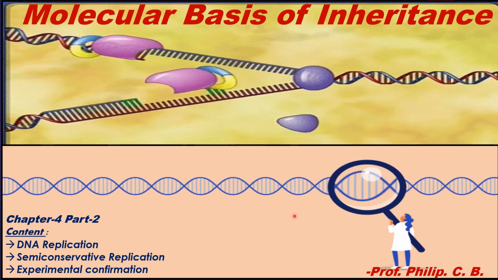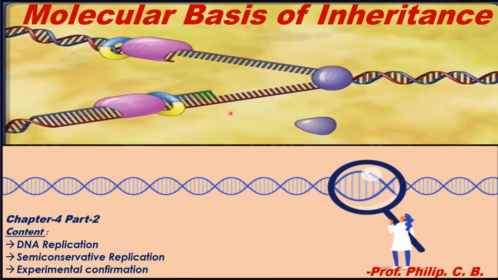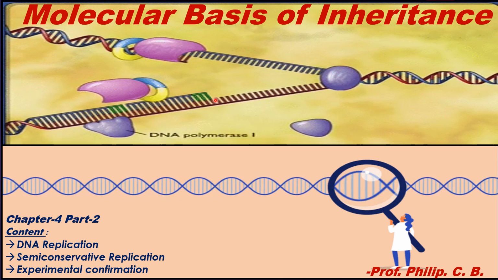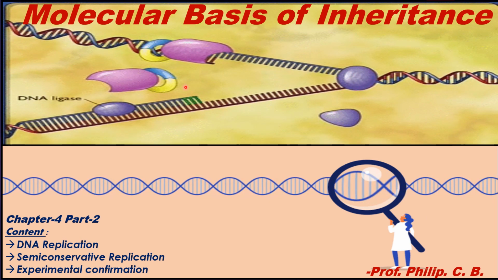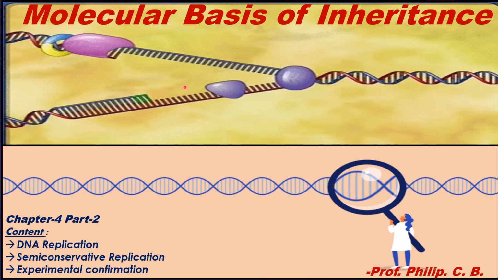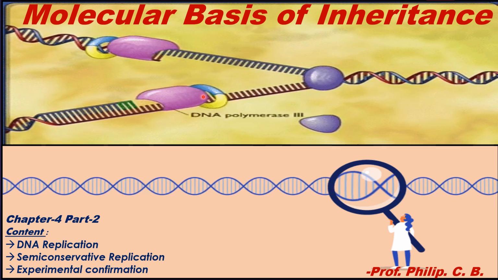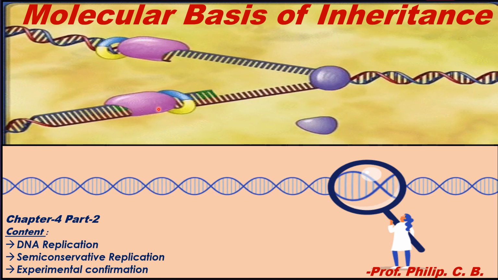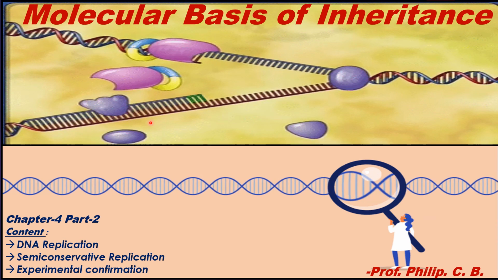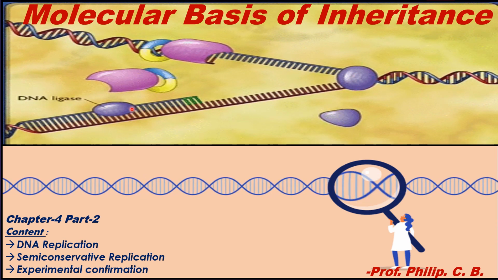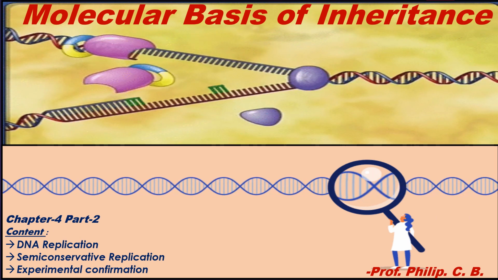In the lower half we can see scientists trying to identify the DNA or the gene, and in the second half you can see how semi-conservative replication takes place. DNA initially goes through activation of nucleotides, followed by the point of origin or initiation point where the cut is made, then unwinding of the DNA molecule, then the replicating fork, followed by synthesis of a new strand with the help of DNA polymerase and DNA ligase. We'll go into the detail in the further slides.